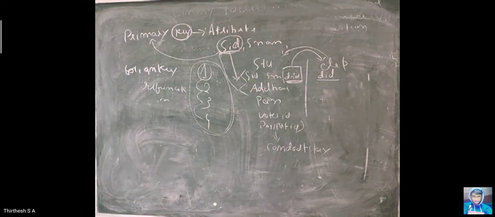So there are three main types of keys. One is primary key, second is foreign key, and the third is candidate key. So what does the candidate key do? The different attributes which tell that this person is unique. This is done with the help of a candidate key. So what is a candidate key? A candidate key is the set of attributes which may be utilized to identify whether a person is unique or not.